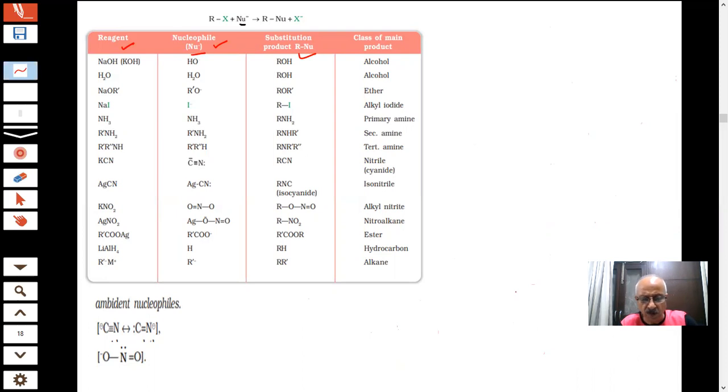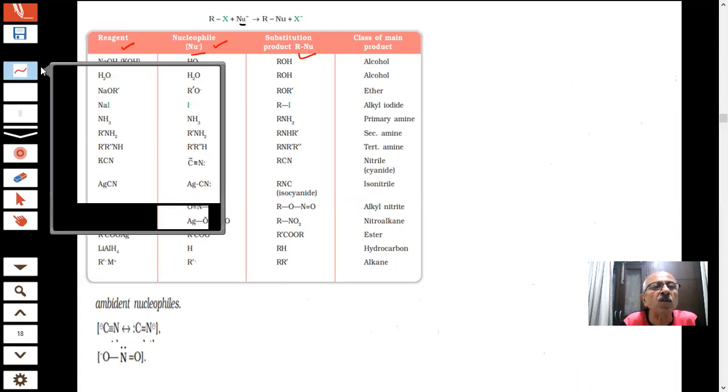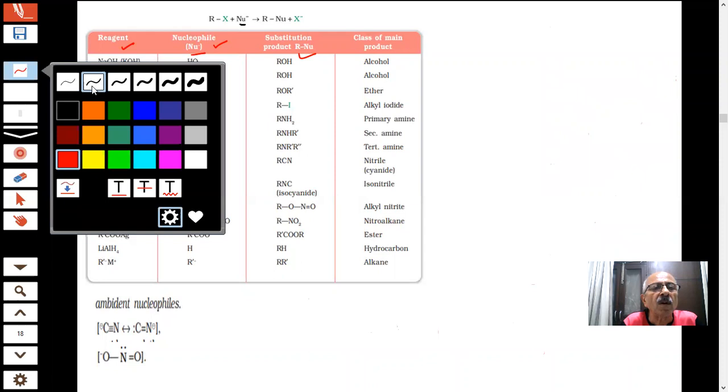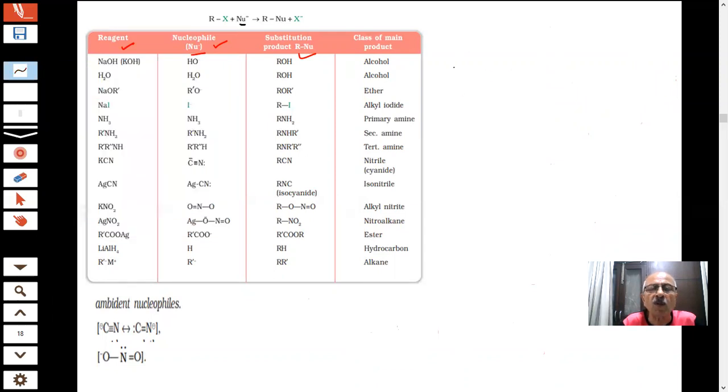Okay, now the story is we have understood what is a nucleophilic substitution reaction. We have noted some reactions. Also, very important things are coming now. I am coming to the most important part of it, which will always be there in the paper. I have written ambident nucleophile. This is the most important part. It will come in inorganic chemistry also.